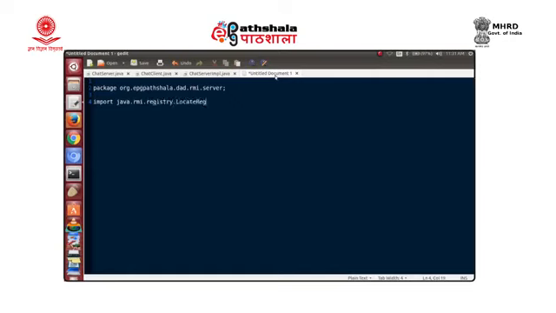So, we will use java.rmi.registry.LocateRegistry. This is to be used if we are interested in developing any server which is not dependent on someone else starting the RMI registry. We will have the RMI registry being created here itself. We will have one import for LocateRegistry, and an import for java.rmi. We have this class called Naming, but we are not going to be dependent on Naming here. We are going to be using the RemoteException, since it has a throws for the RemoteException, and let us see what else we will need later.